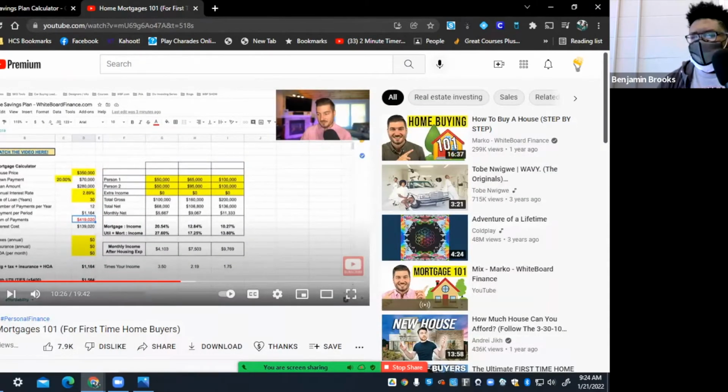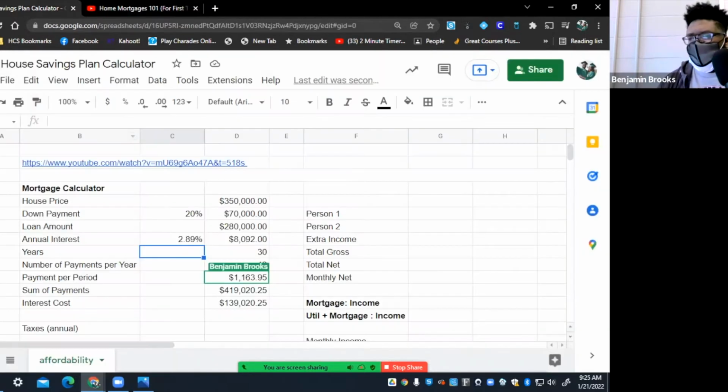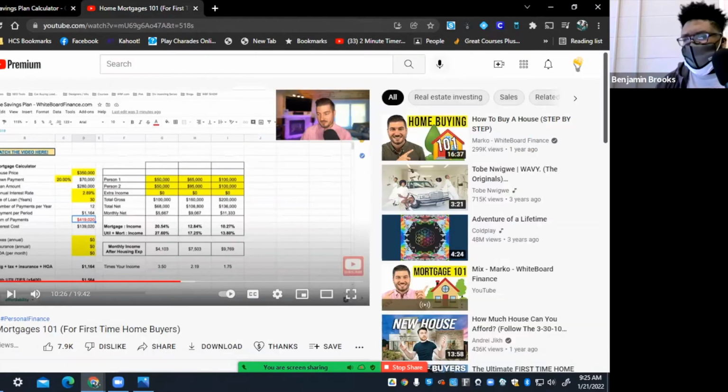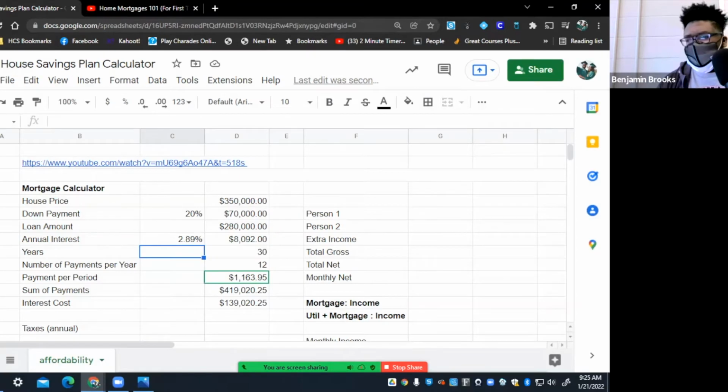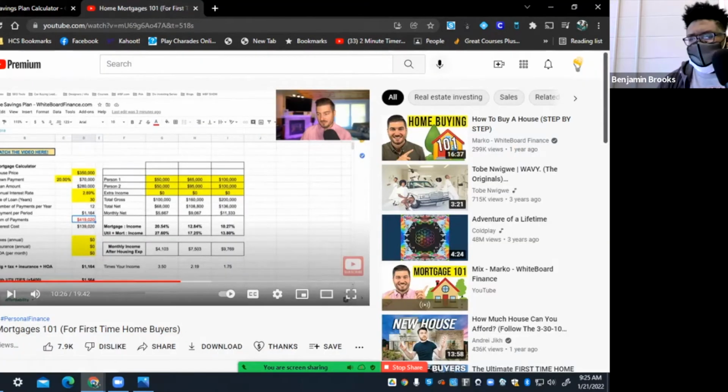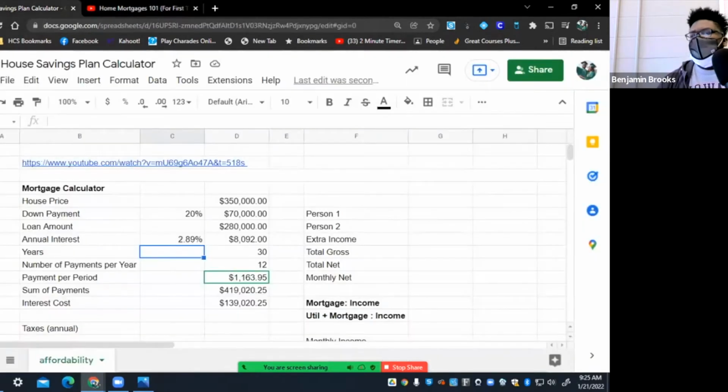30 years, 12 payments per year. He's getting 164. We're getting 163.95. So 164. Cool. Sum of payments, you're getting the same thing, $419,220. We're getting the same thing he's getting, and then interest cost, the same thing that he's getting. So that's the first half. Everybody cool with that? Good. Now,